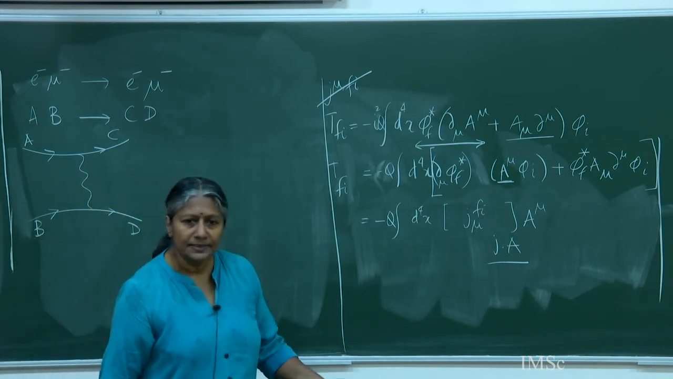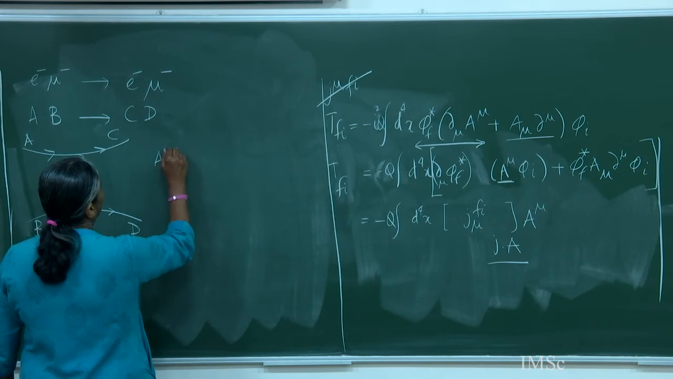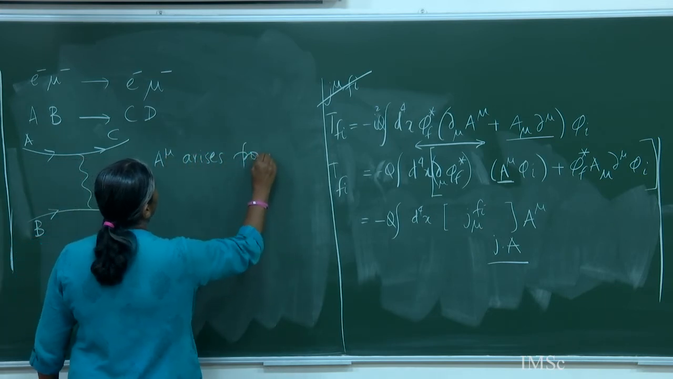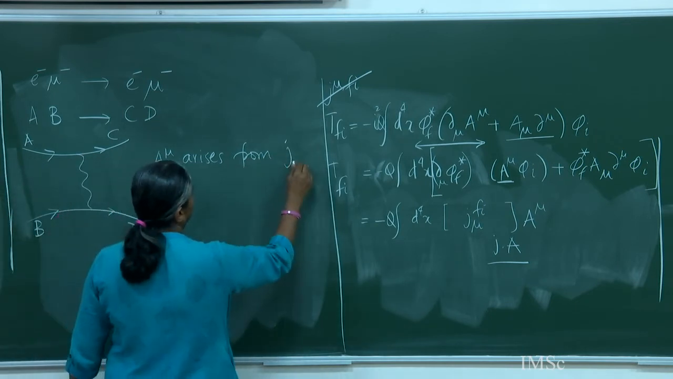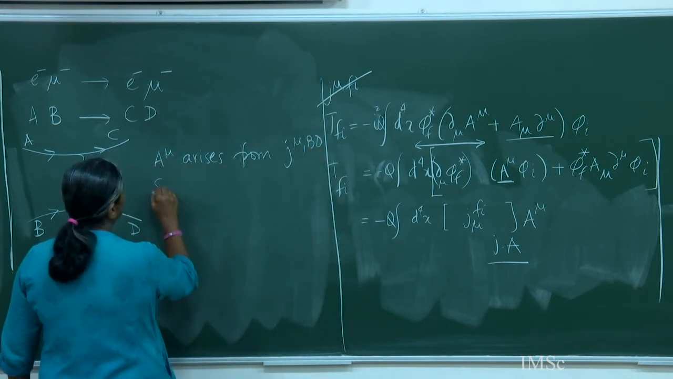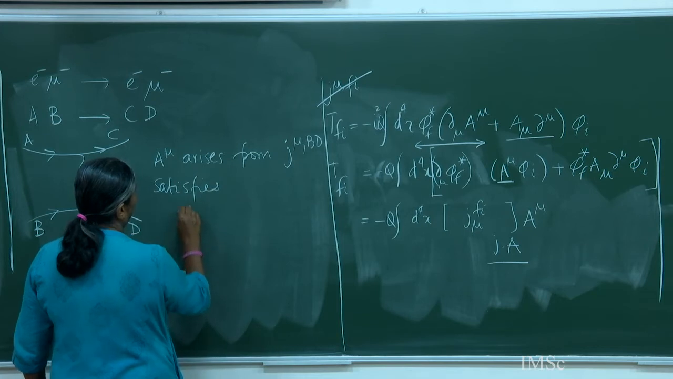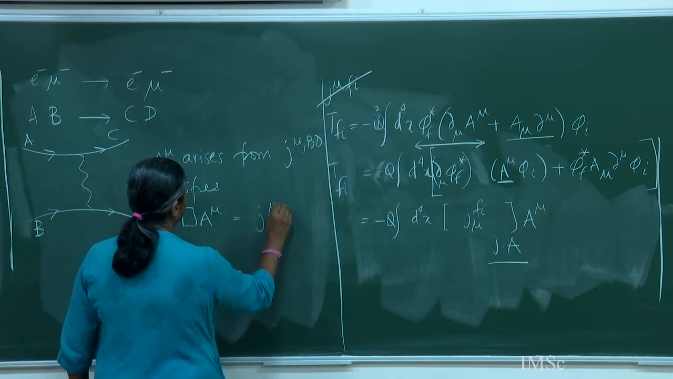we got a symmetric answer by writing that the A which arises from, let us say, BD satisfies box A is equal to J,